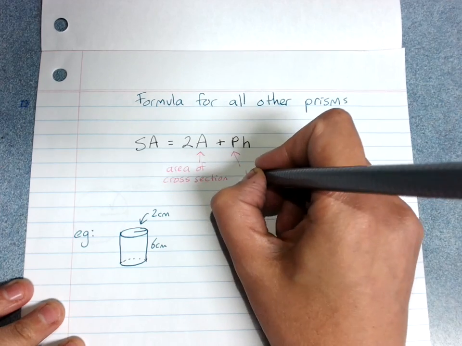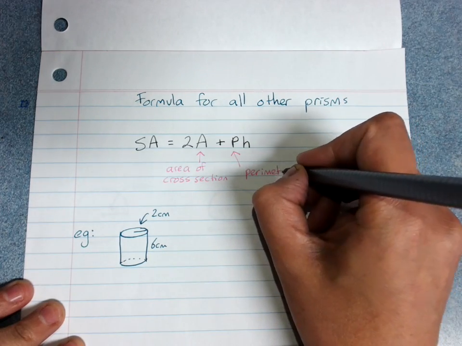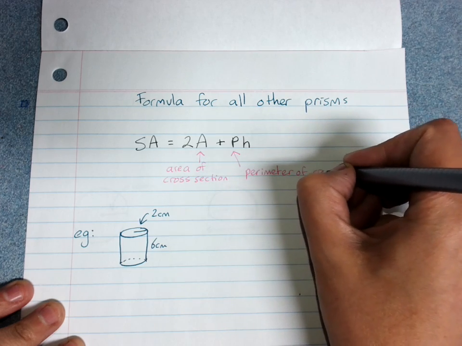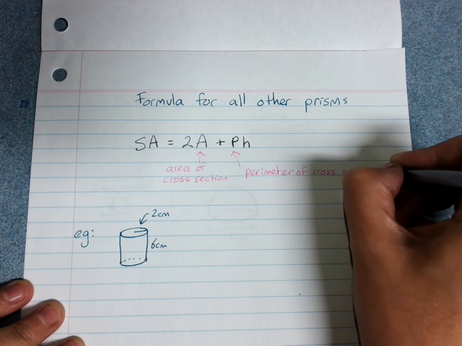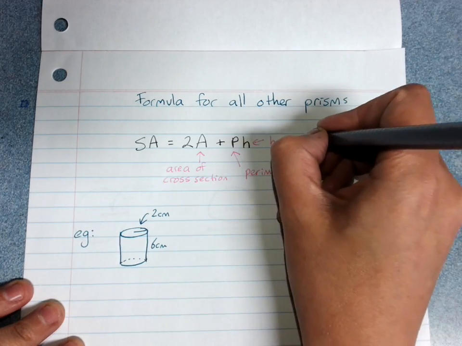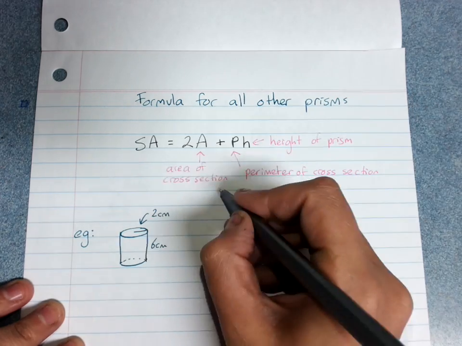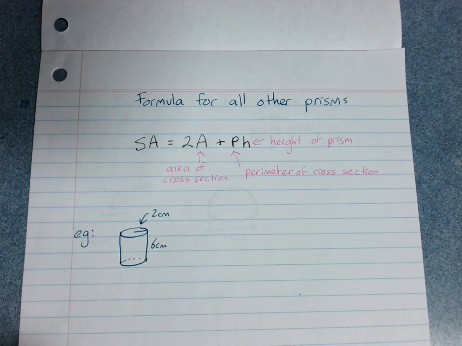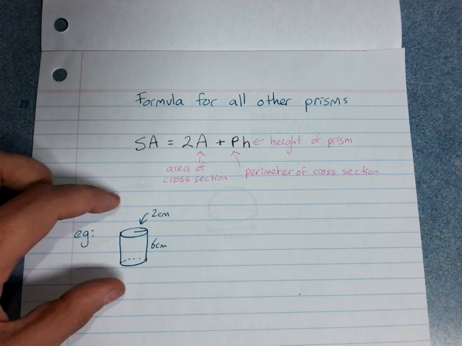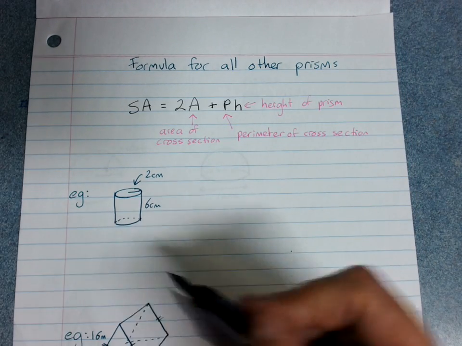This is the perimeter of the cross-sectional shape. And this is the height of the prism, the distance between those 2 identical faces. Now you can learn the slightly more exact formula for a cylinder, but I just want to show you how